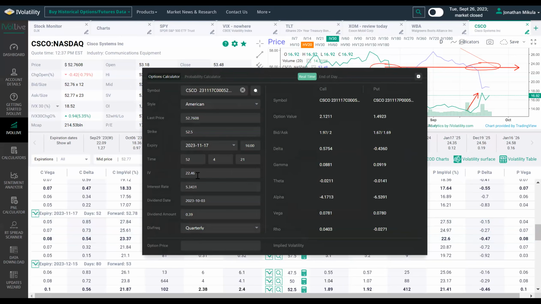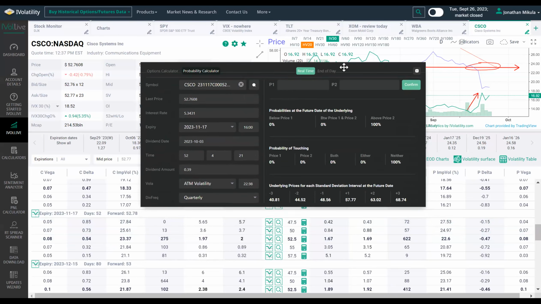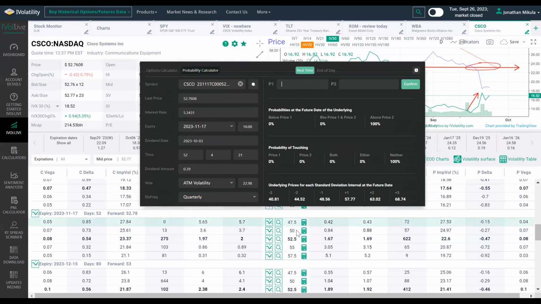So here, this is the options calculator. Again, I don't want to spend a lot of time. It's outside the scope of today's session, but we just did a webinar on this that you can find on our YouTube, where we did a deep dive on each calculator. What we have time for is to dive into the probability calculator. So if I sell this put at 52.50,